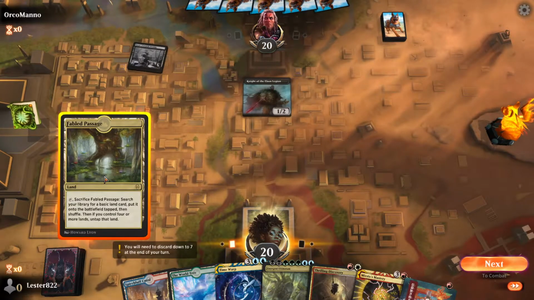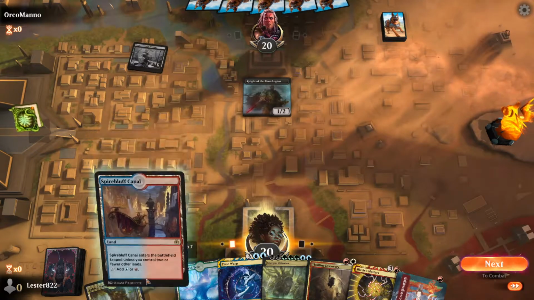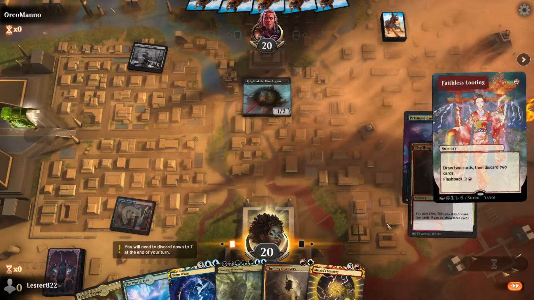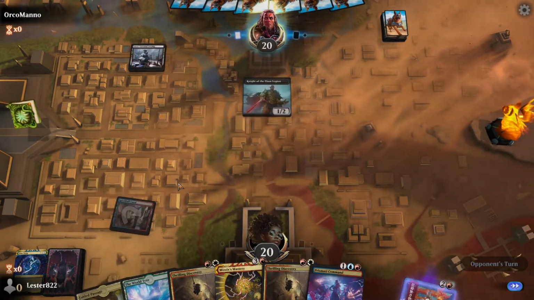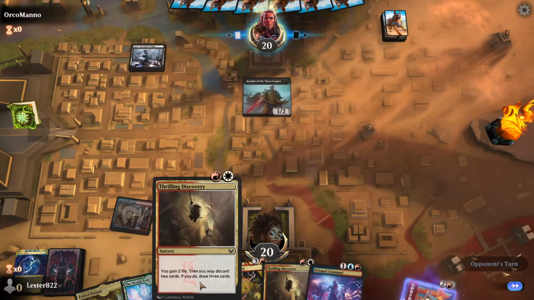Or do we go... Huh. Our other option is to not do that, and then hope Faithless Looting gets us something. Honestly, I think that's the play. We're going to Faithless Looting for 1. It does not get us what we necessarily want, but we are going to discard these 2 cards. Worst case scenario, next turn we play Fabled Passage, go get ourselves a Plains, then return 3, Thrilling Discovery, which